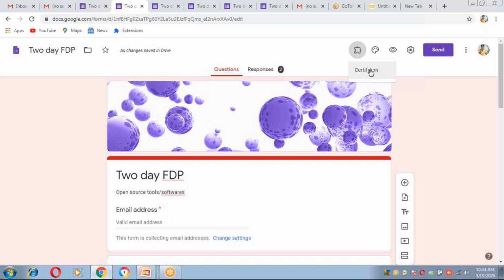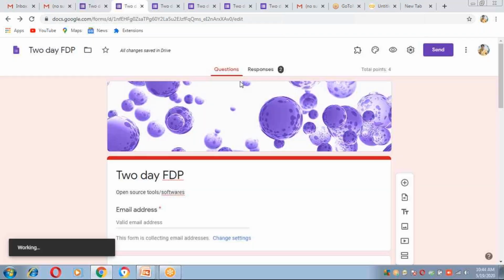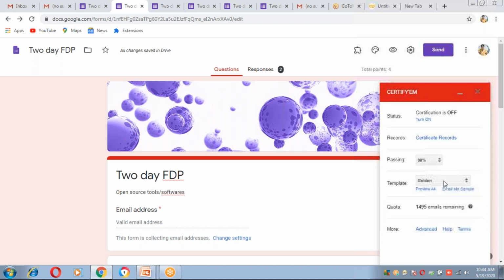By clicking on this Certify EM, now show controls. See right side, Certify EM, this button, controls.